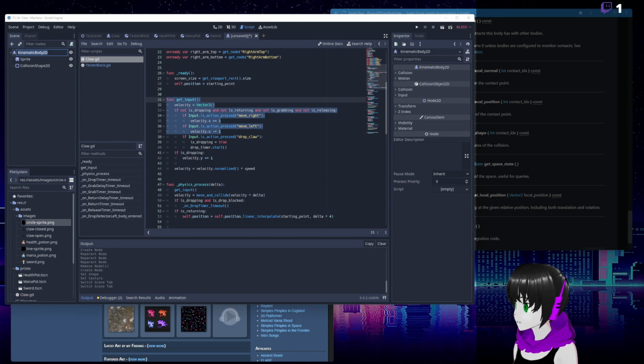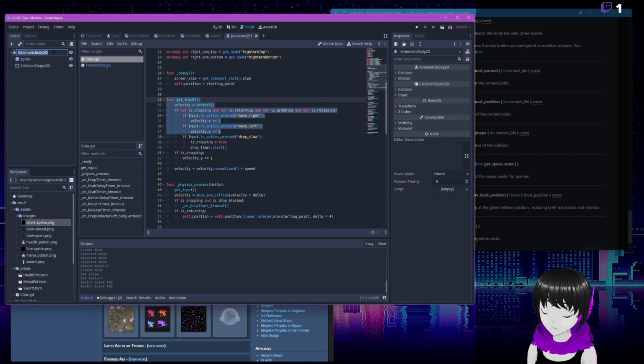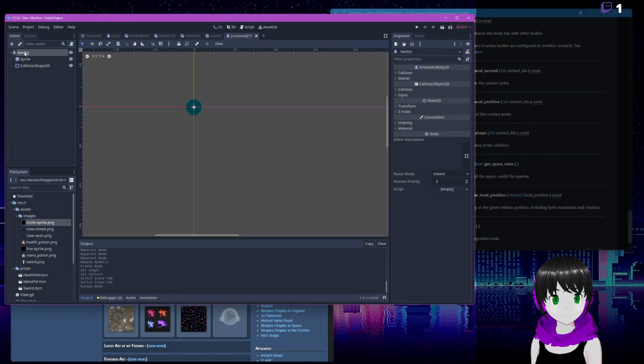Is it gantry? Is that what they're called? Yes, it's gantry. Where do I know that from? So the gantry